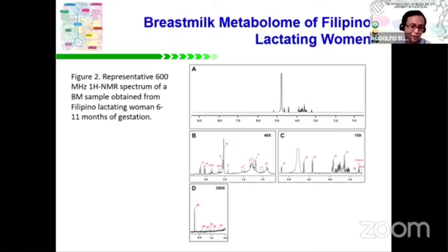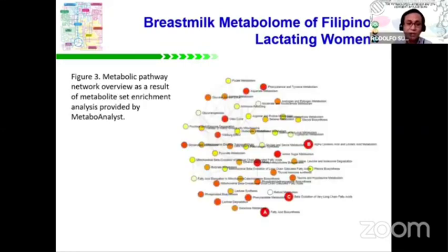So, for example, we identified certain amino acids, organic acids, derivatives of amino acids, and also lipid metabolites such as choline, phosphocholine, and their intermediates. And we were able to conduct high-level functional interpretation using MetaboAnalyst. MetaboAnalyst is a publicly available program that is highly cited by researchers, and it has been peer-reviewed. So do not shy away from using this because it's very useful and very beneficial for